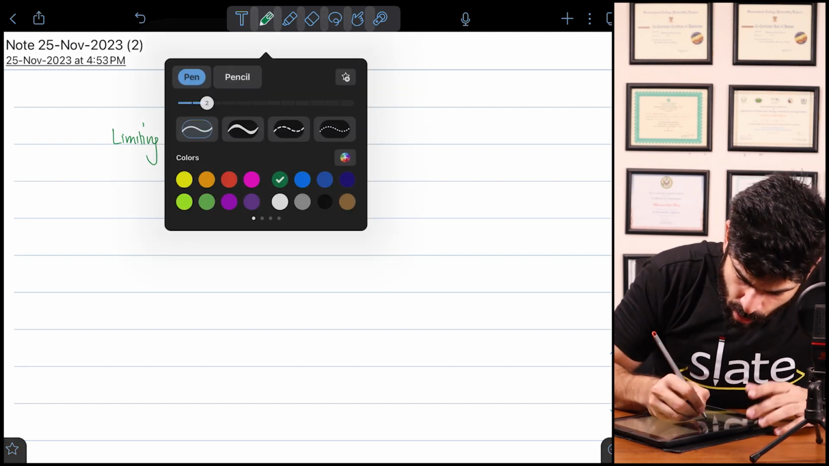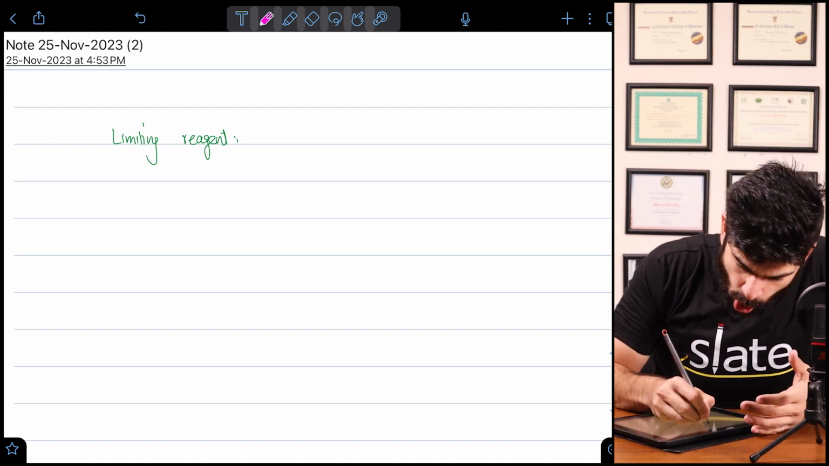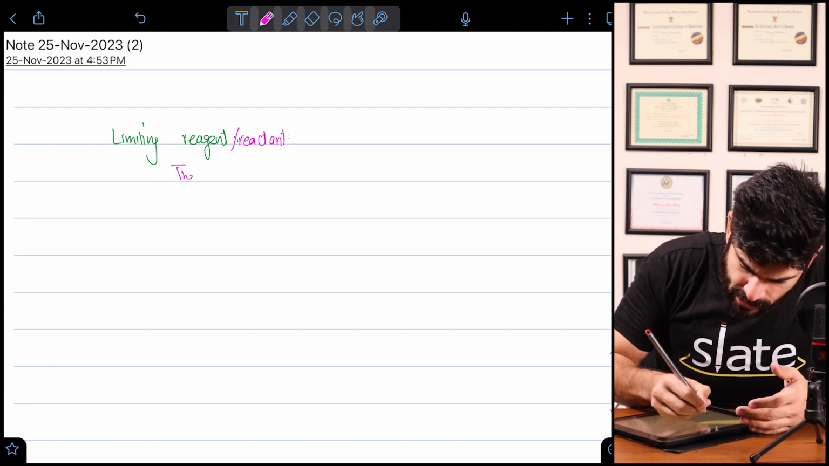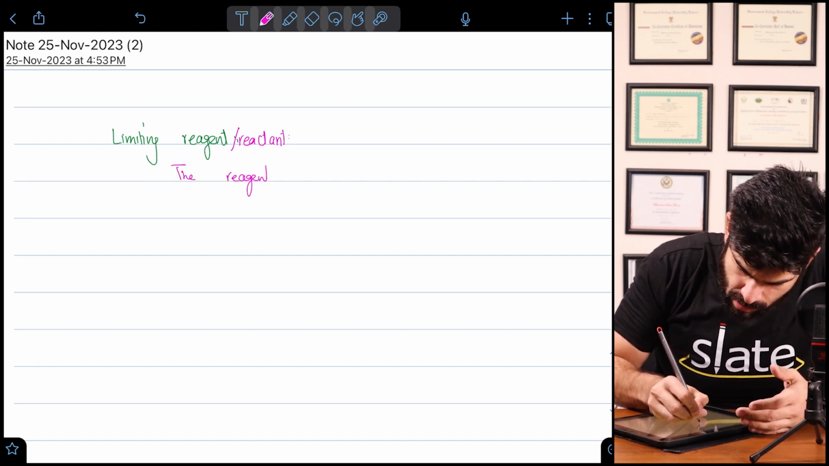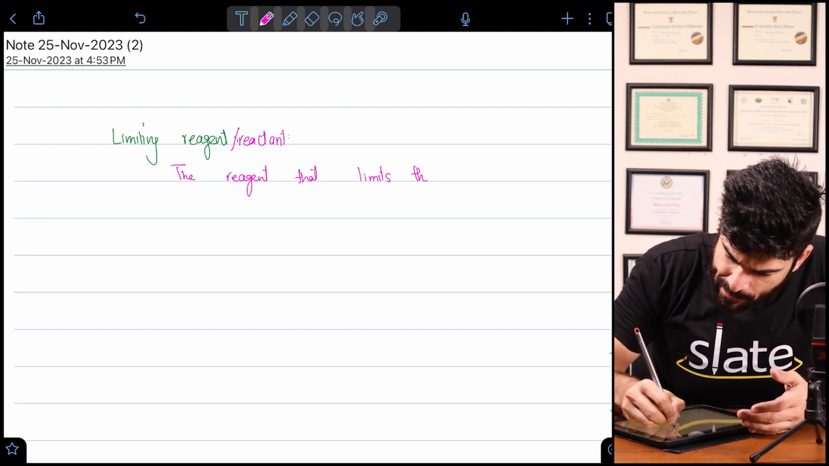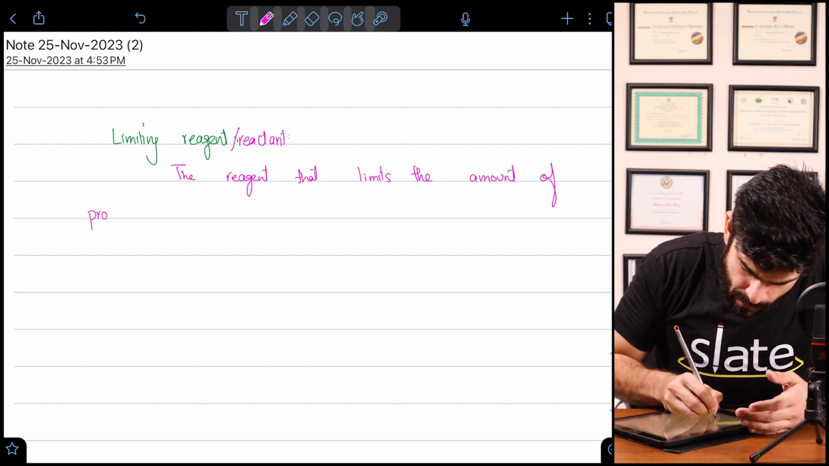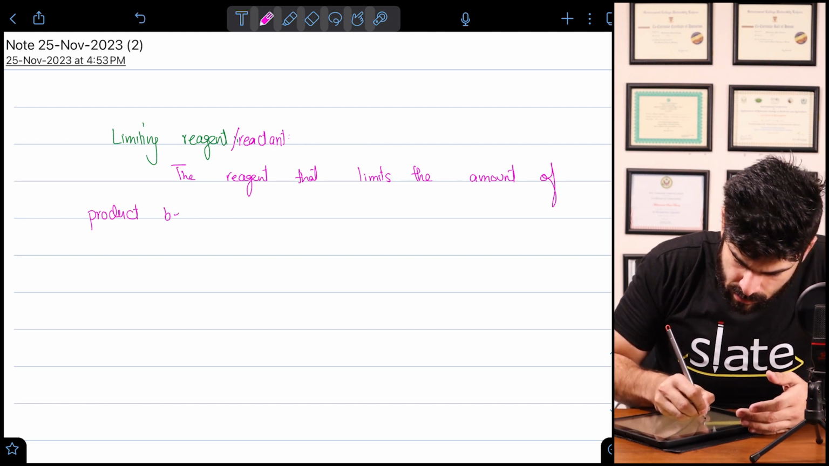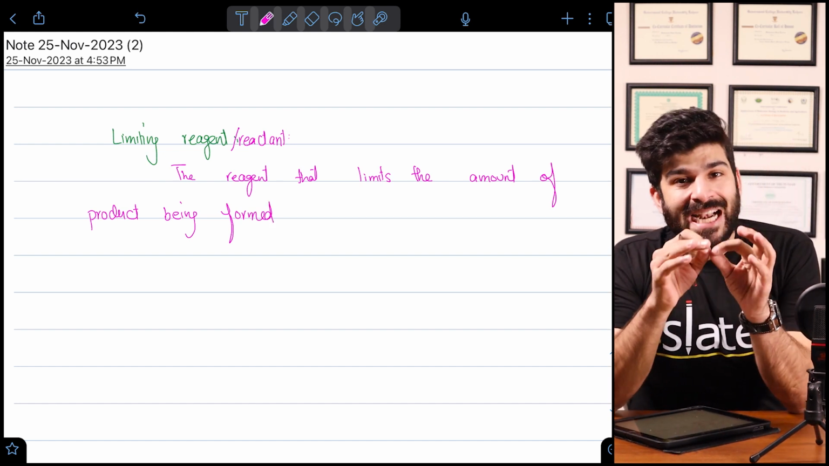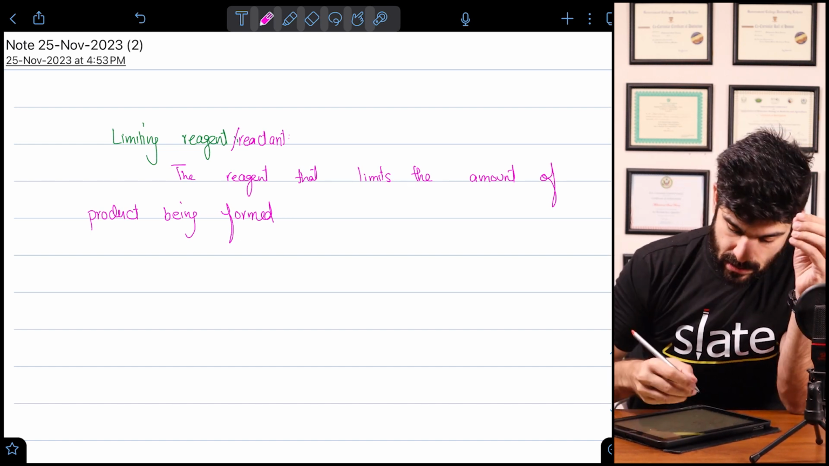Limiting reagent. As the name goes, a limiting reagent or a reactant, one of the reactants, is the reagent that limits the amount of product being formed. But how? The reagent that limits the amount of product being formed, that is because